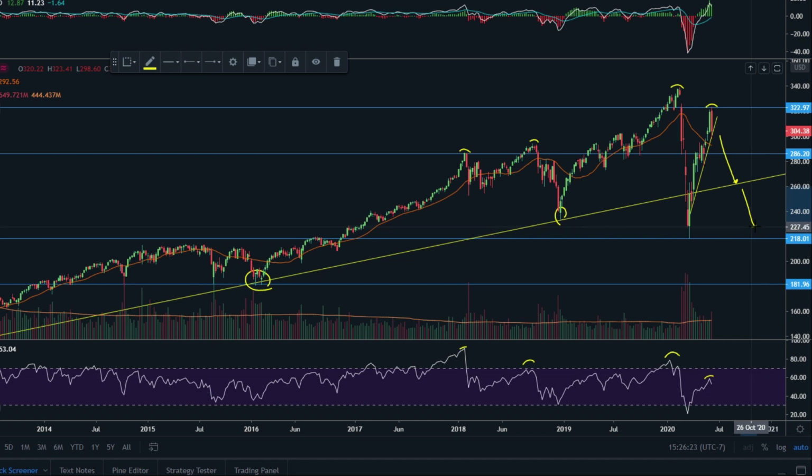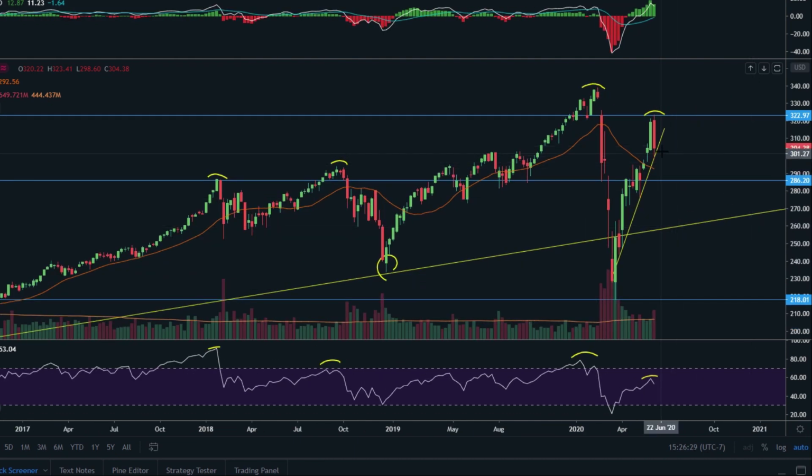That's in the medium and longer term, and for now we'll take it one day at a time, but for next week I see more pain to the stock market in the SPY, specifically going down to the levels here of